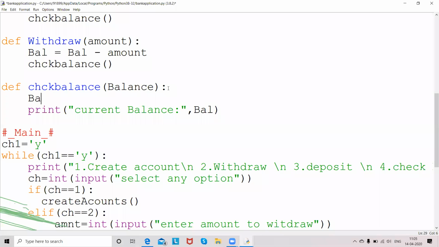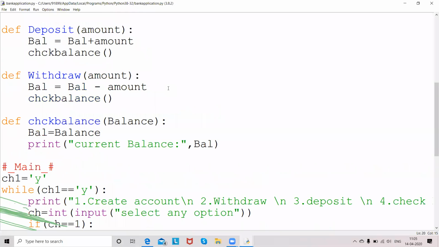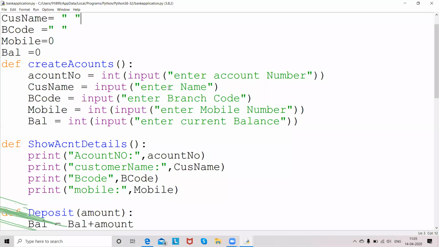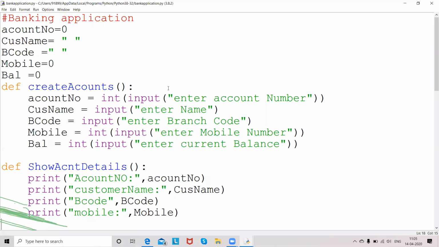Balance is equal to, so it requires a lot of updations. Now after this, BAL initially will be 0. Now BAL is set to some balance of 50,000.